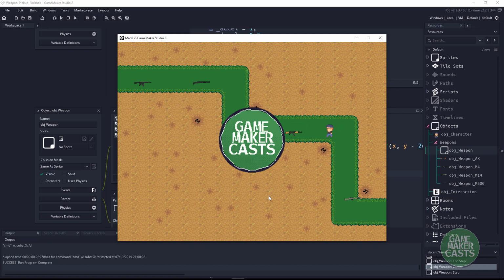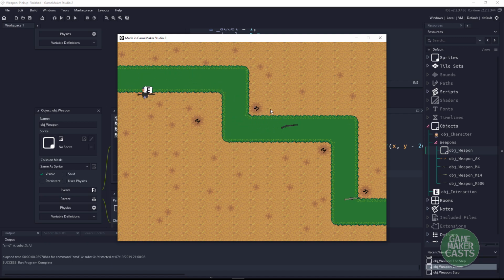It's Mickey, and in this video what I want to go over is how we can have our character pick up and swap weapons, as you can see here in front of us. This hopefully will be a short tutorial, but let's close our finished product and go into a GameMaker Studio